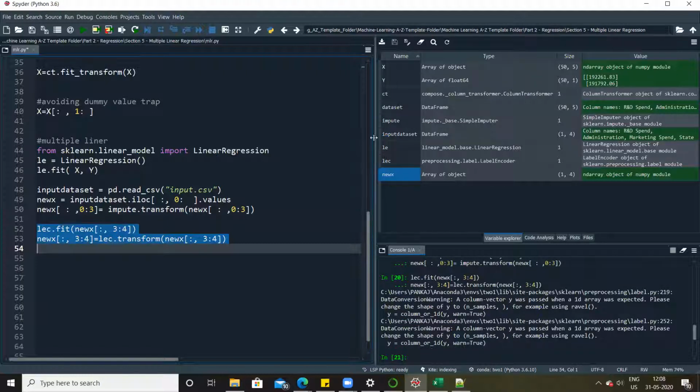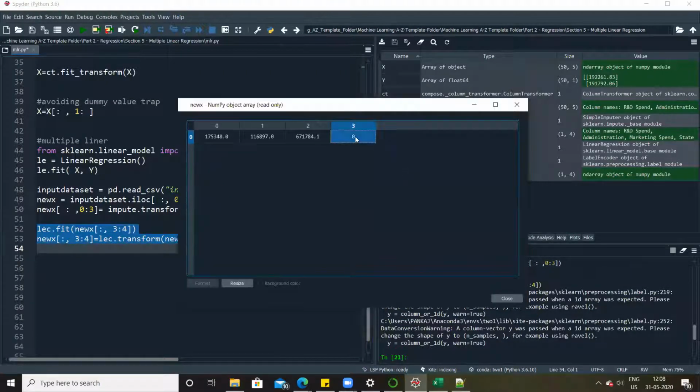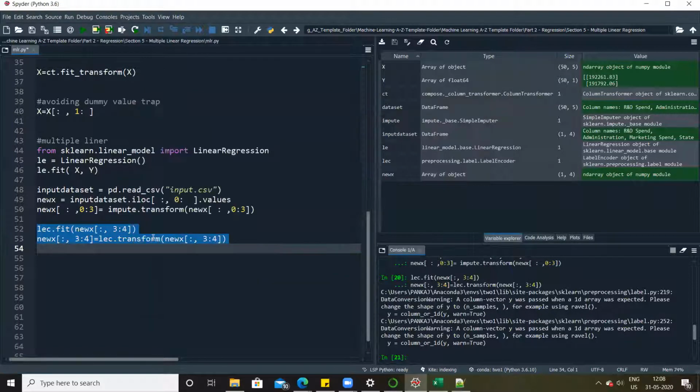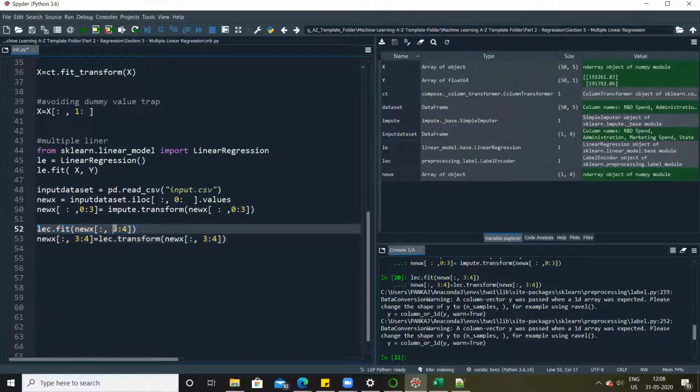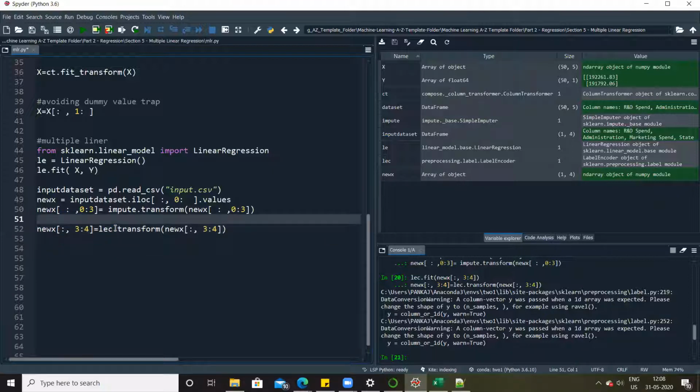F9. Now you can see here new X, we got 0. Right? What was expected here? We were expecting 2. Why has it given 0? Because it has relearned everything, right? Because of this fit method, it has relearned based on the new data available. And since there was only one value, it has considered it as 0. So this step, you shouldn't be doing it.